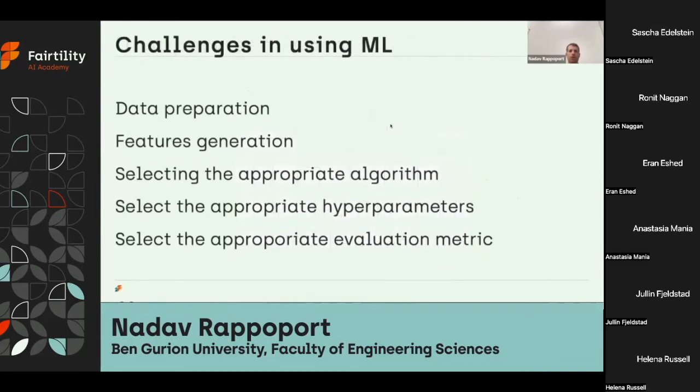Using machine learning is not only plug and play, and there are many challenges and things to try when developing a machine learning model. Data extraction, preparation, and cleaning may often be challenging. How to generate features using the raw data requires prior knowledge and understanding of the data. Selecting the appropriate algorithm and right hyperparameters can also change the results.